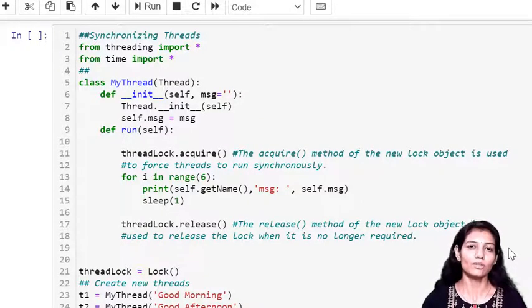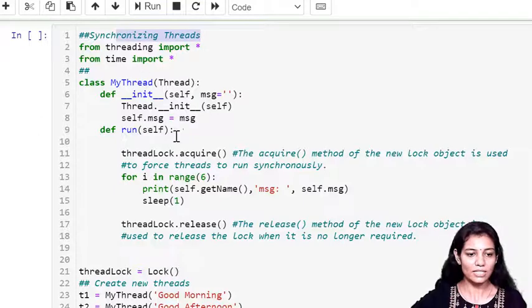In order to achieve synchronization, we are using some functions. Here for synchronization, we are using the lock method, which will give the lock object, and using that lock object we can acquire and release the lock on the critical sections. Here I have my class, which is a subclass of the thread class.